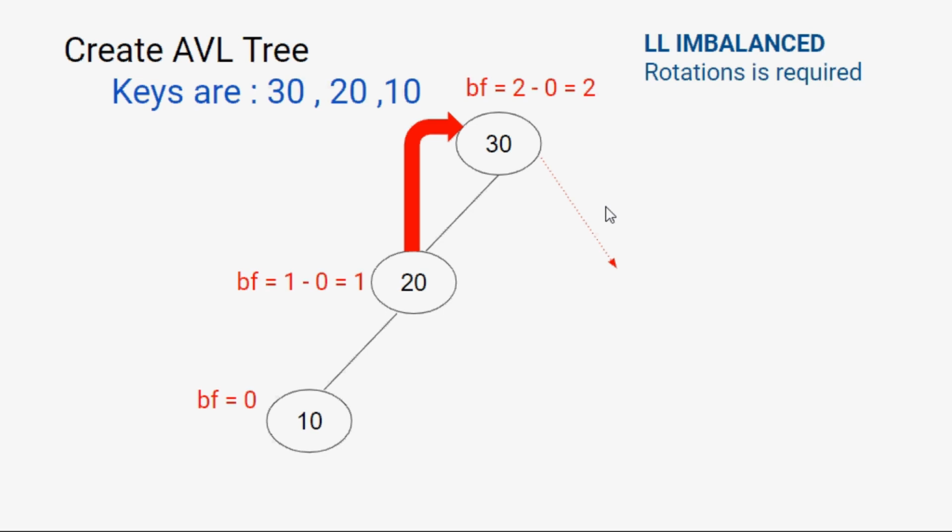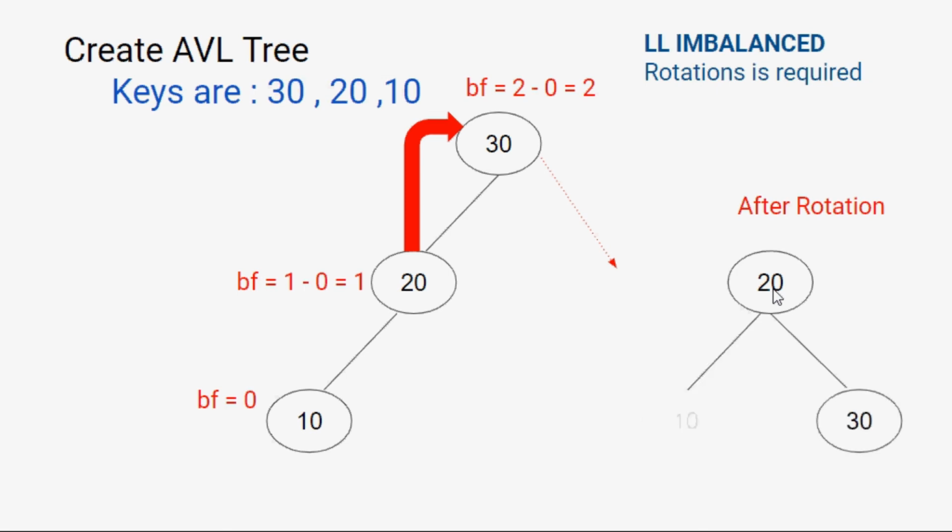See, there is one thing: there can only be one root node. So that means at the root we are going to put 20. If we put 20 as the root node, we need to send 30 somewhere else, because there cannot be more than one root. Now since it also follows the property of a binary search tree, 30 can be only on the right side of 20, because 30 is greater than 20. Which means after rotation my tree will have 20 acting as the root node, 30 on the right side of the root node, and 10 on the left side.